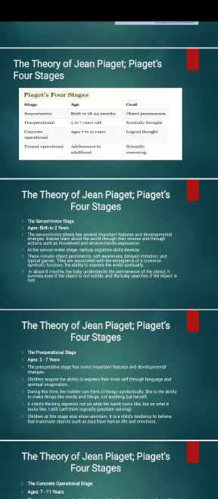So the preoperational stage has some important features and developmental changes. Children acquire the ability to express their inner self through language and mental imagery. During this time, the toddler can think of things symbolically. She has the ability to make things like words and things stand for something other than themselves. A child's thinking depends on